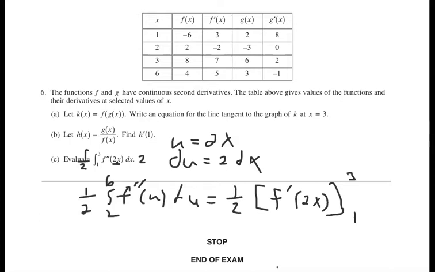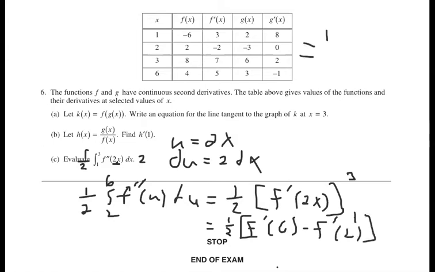So that is going to end up giving me 1/2 f prime, and then I got to do 2 times 3, which is f prime of 6, and 2 times 1 is 2, f prime of 2. Then I'm going to come back up here to my chart. So I've got 1/2, and I got to get f prime of 6, which is 5. Minus, I got to do f prime of 2, which is negative 2. So right there's my answer. Now, if I want to write down 7/2 for that, I can, but you did not have to verify that. The problem says